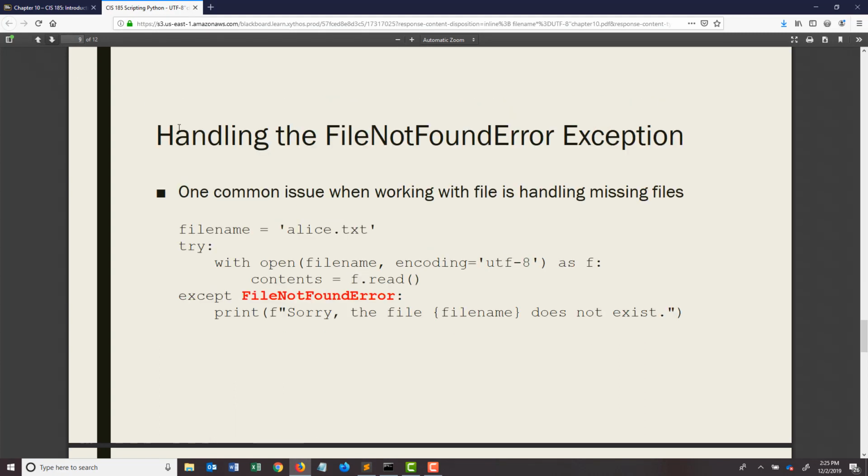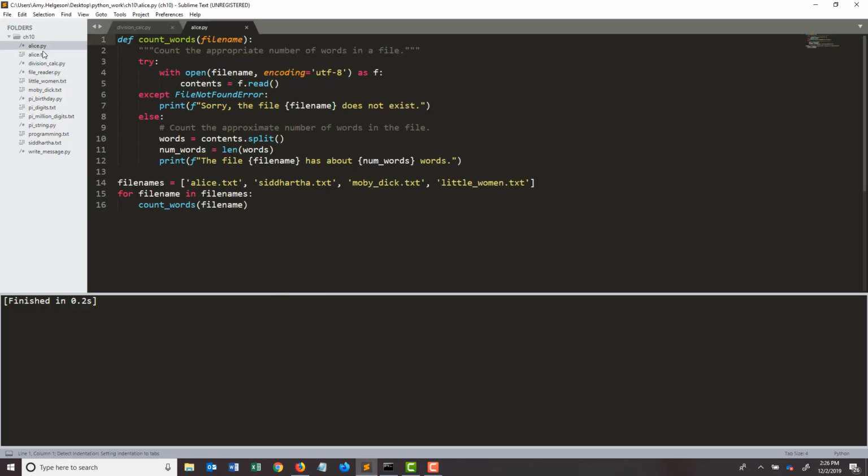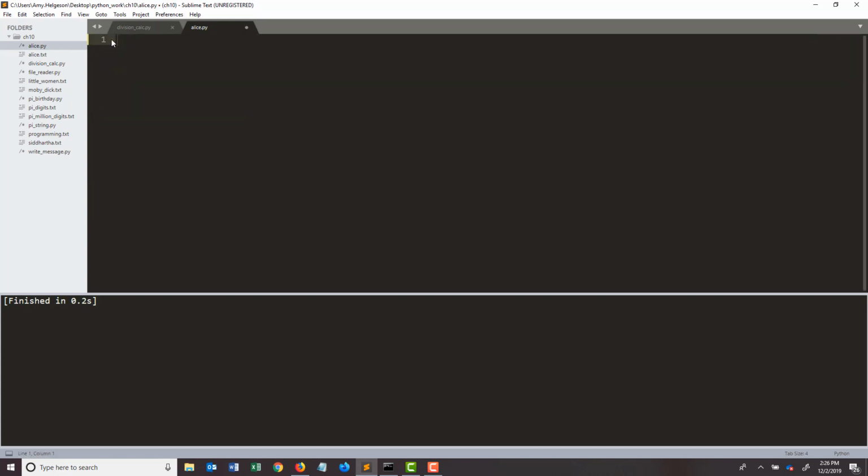Another common one is the FileNotFoundError exception. That's if a file doesn't exist. So in this case, if alice.txt doesn't exist, we're going to say, sorry, the file alice.txt does not exist. So let's look at Alice. And let me strip this completely down. So filename,